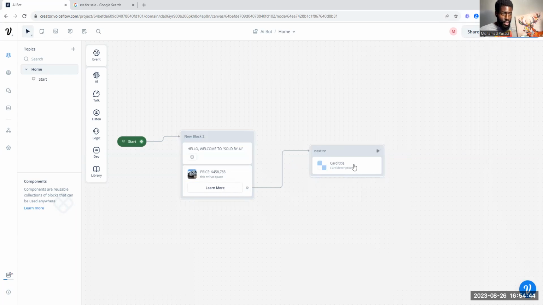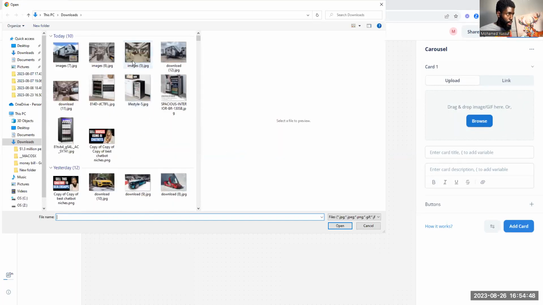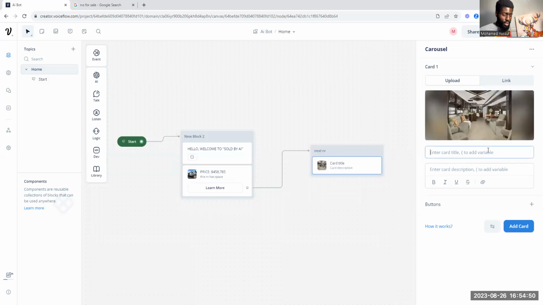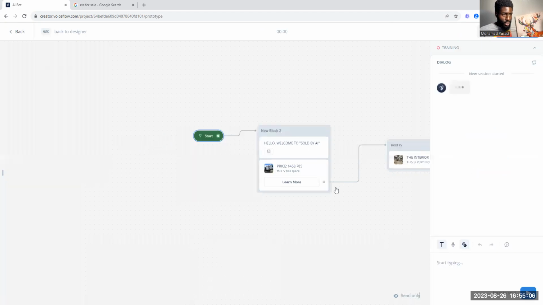So if somebody says, and then I'll put a picture here inside. Let's say the interior. I'm like, this is very nice. And like I said, I'm just putting example text so that you would really see what it's going to show you. So when you run it, it pretty much says,